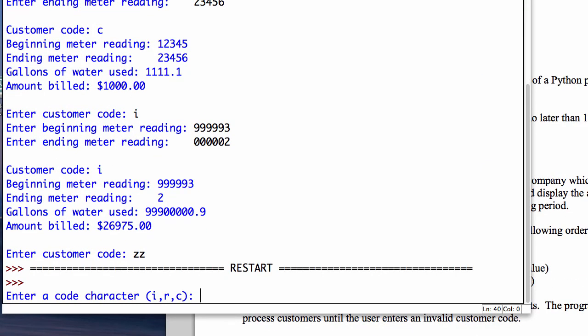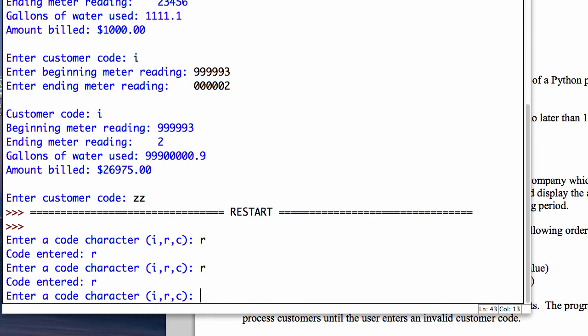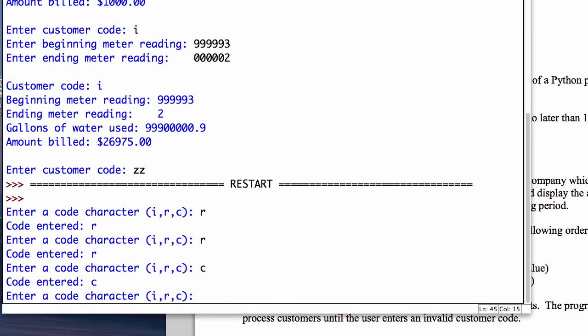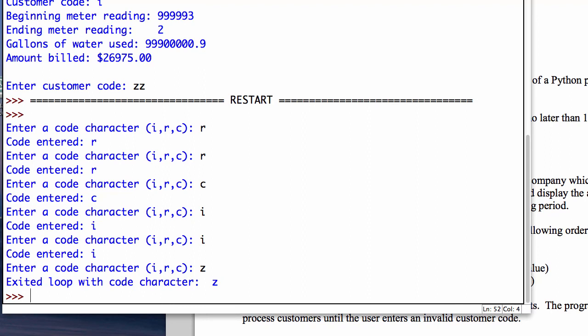And all it does is say enter a character. I put in an R, it prints the R, comes back, asks me for another character. I can give it another R if I want, I give it a C, I can do that forever, and as soon as I give it some other character, boom, it stops. And I write a little message that it stopped with that. So this is about 5 lines of code,